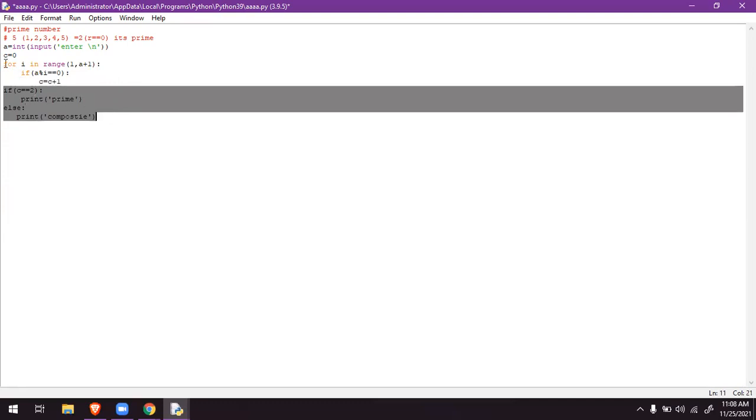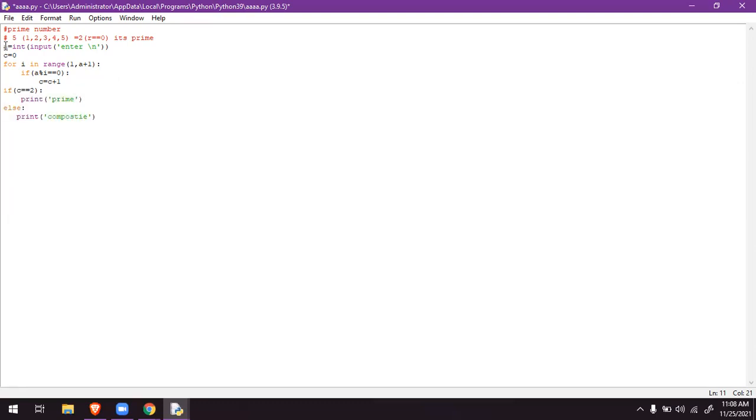See, the concept here is the user enters the number. That number is continuously assigned to the variable called i. If the user enters 5, it takes the range of numbers beginning from 1 to a plus 1, meaning 1, 2, 3, 4, 5 will be assigned to the value of i.